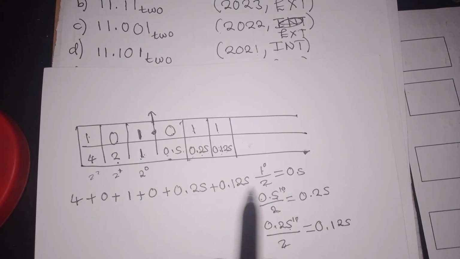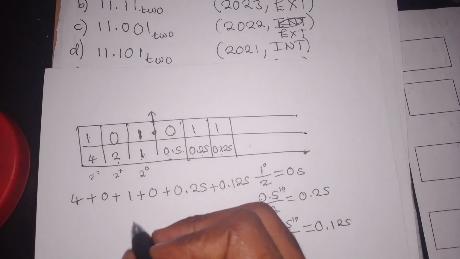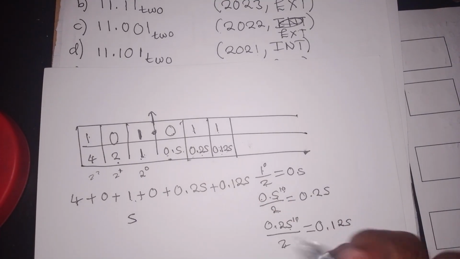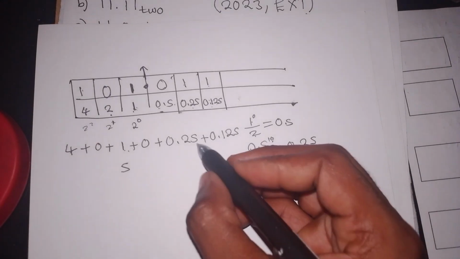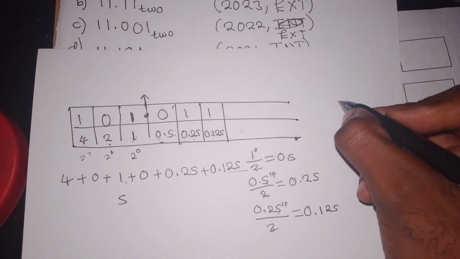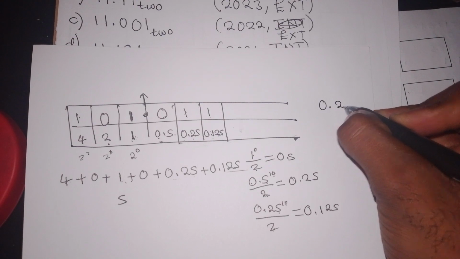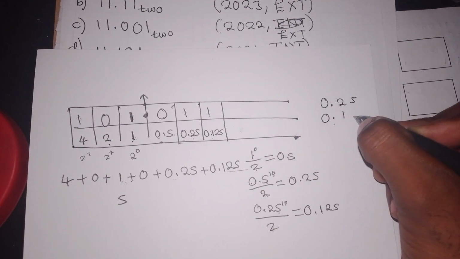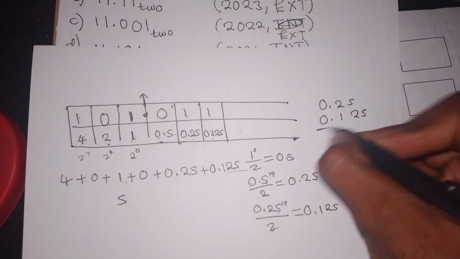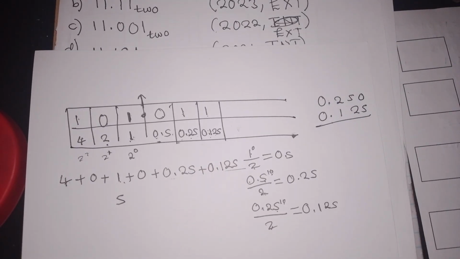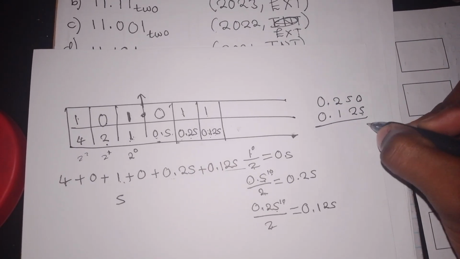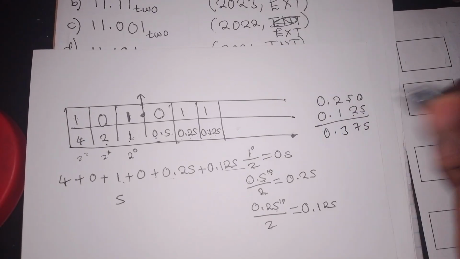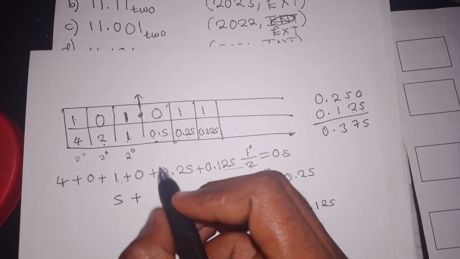And then now you can add the numbers. So this plus this is a 5. These are whole numbers. You can add them without a lot of challenges. Then let's add the decimal numbers. So to add the decimal numbers, make sure that the decimal points are in the same line. So this is 1, 2, 5. So you can put a 0 there just to balance things up. This plus this, we have a 5, we have a 7, we have a 3, and we have a 0. So this is 5 plus